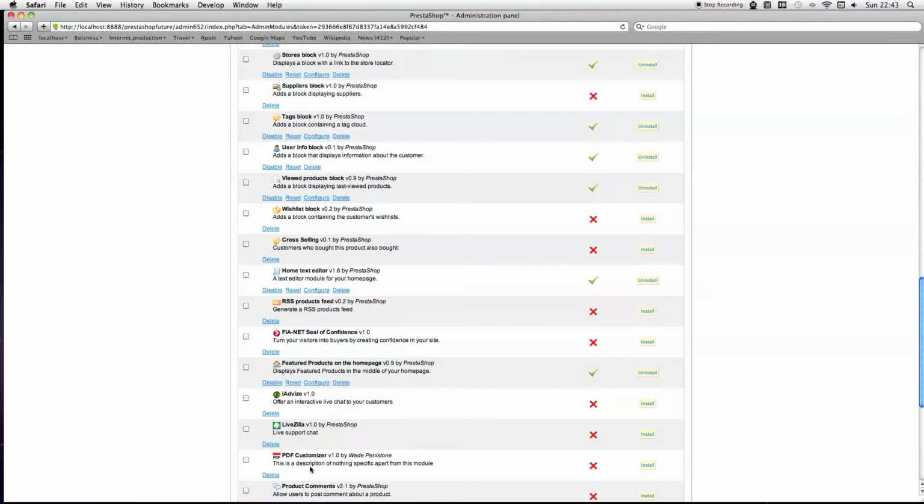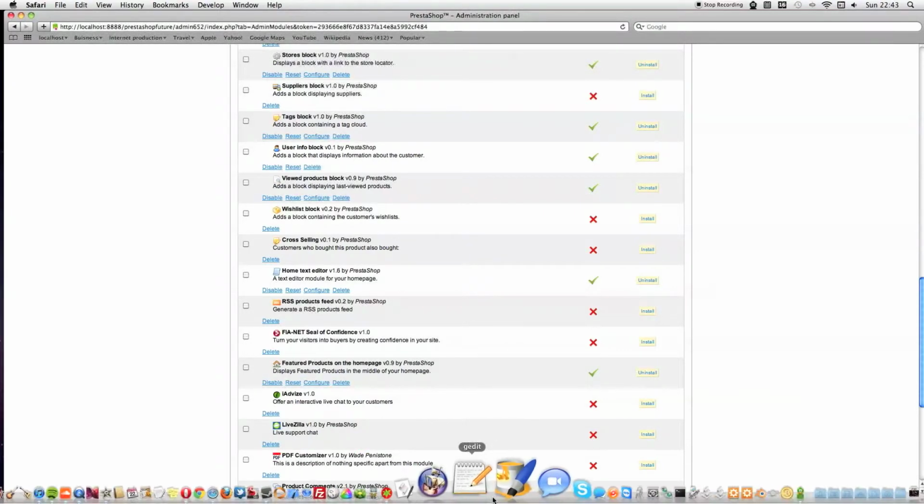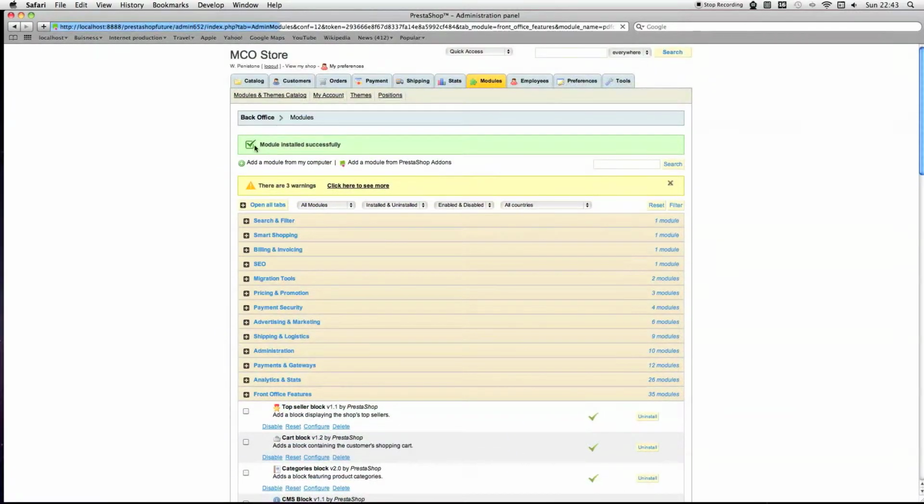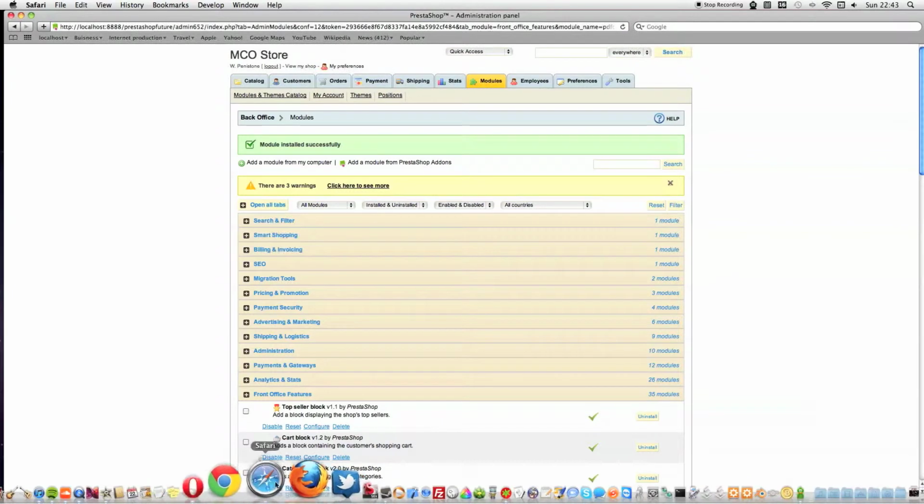So we need to make sure this isn't installed, and if it is, we need to make sure no extra uninstall code has been executed, so no dropping tables, because obviously they won't exist. So just click install, and if this code's right, you should get a module installed successfully. And we can go back to